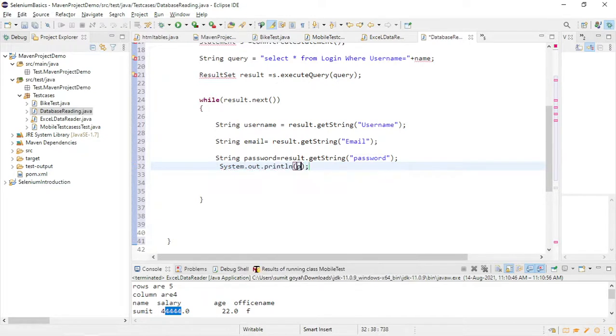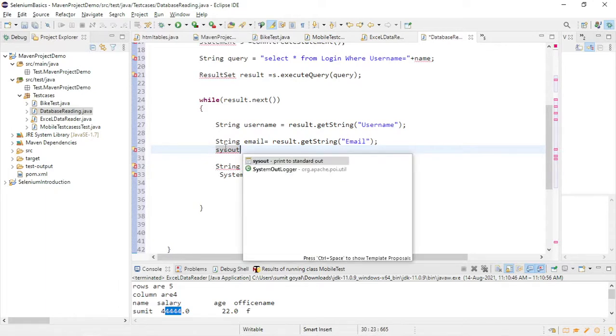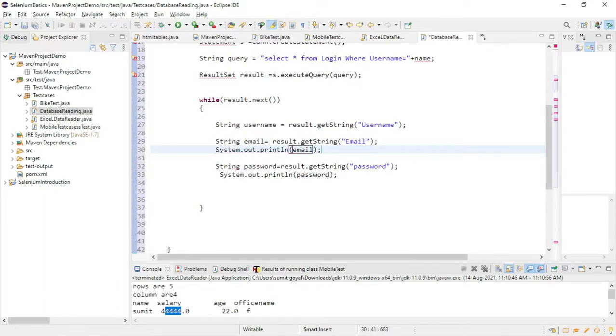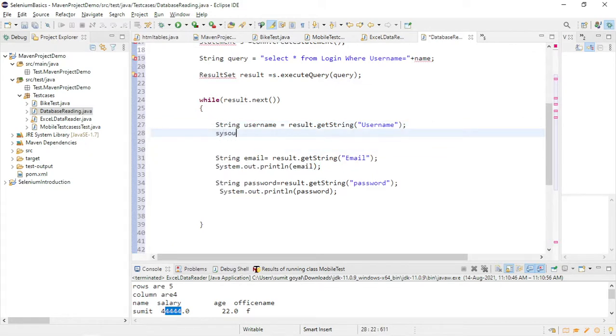Once I retrieve the data, I will print it. So for that, email, if I talk about, this is our username.